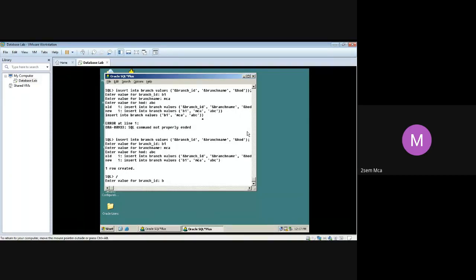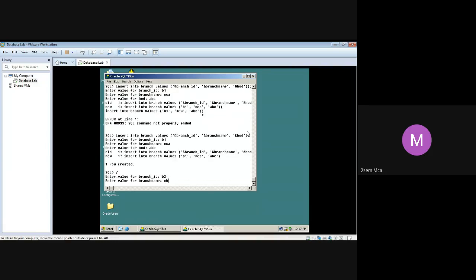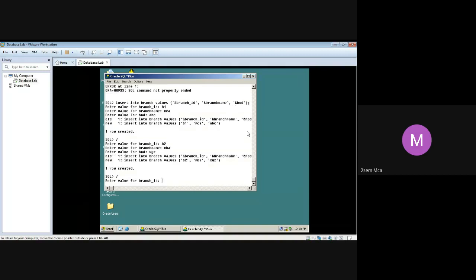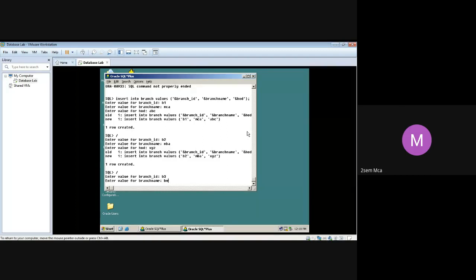Next, branch ID here is a primary key. So you cannot have the same branch ID repeated. Every branch ID has to be different. It's a primary key. B2, NBA, XYZ is the HOD. If I'm going a little fast on insertion, don't worry, I'll put up the select statement so you can see what I have entered. This is BE.